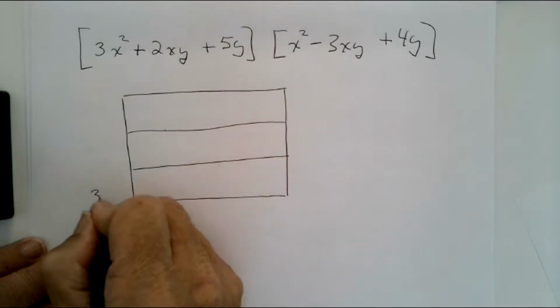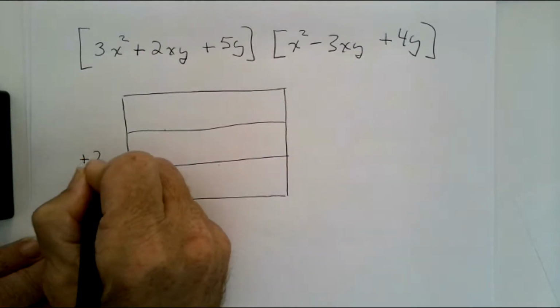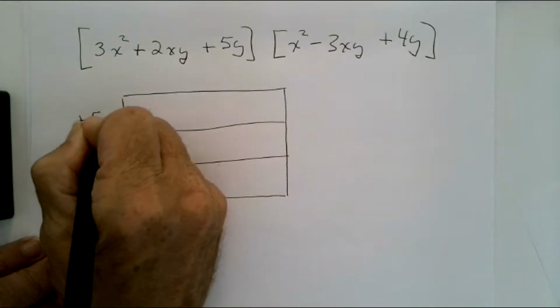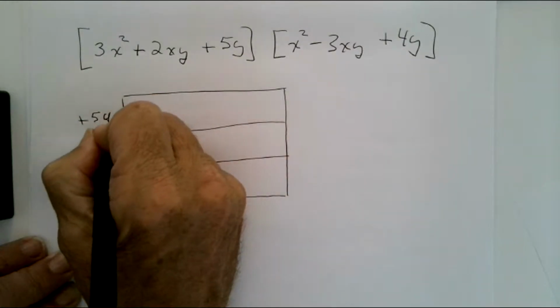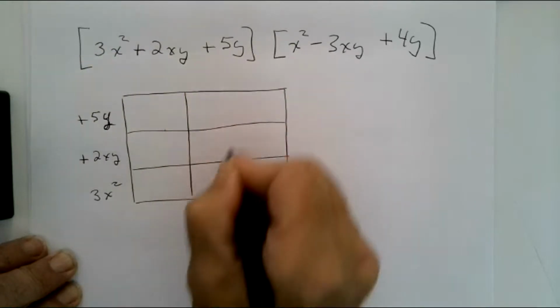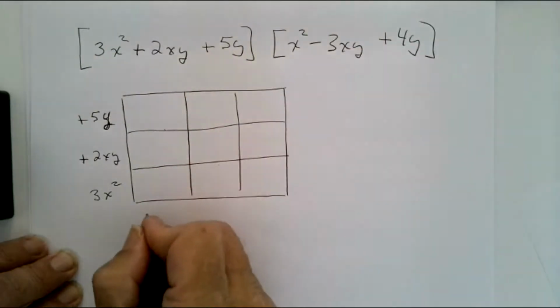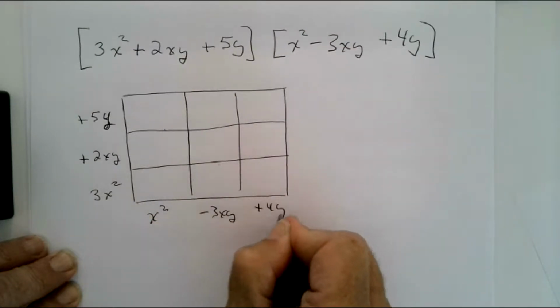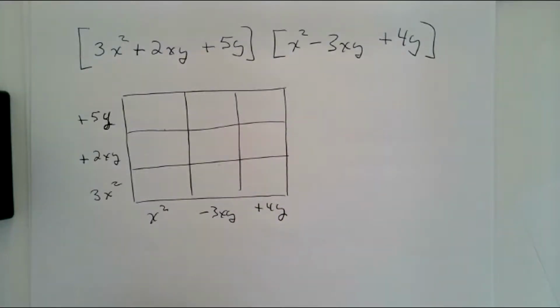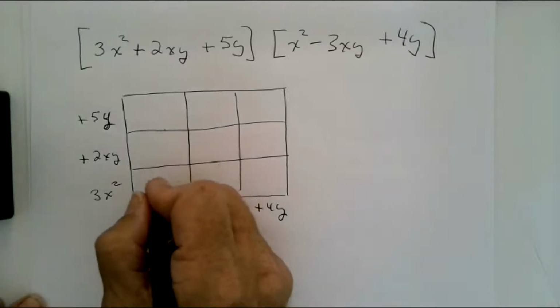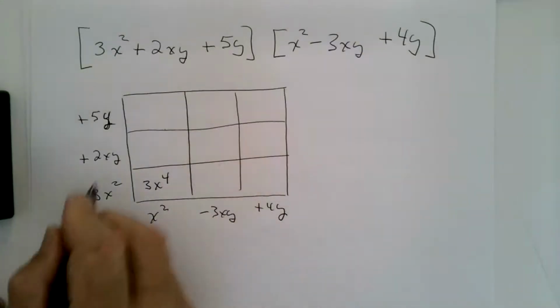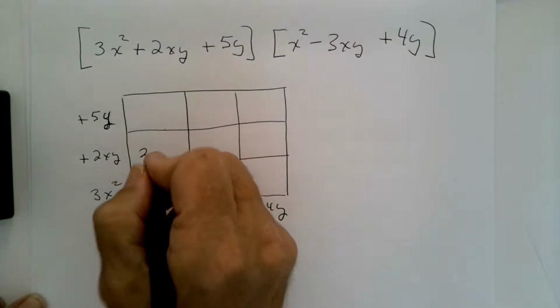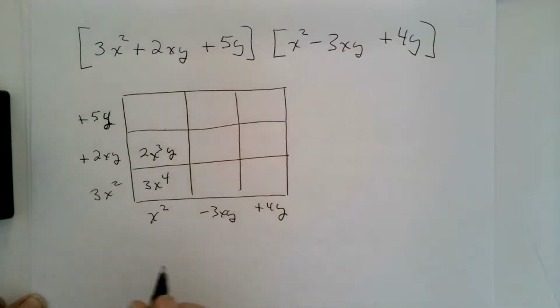So I have 3x squared plus 2xy plus 5y here. And the other one is x squared minus or plus negative 3xy plus 4y. You want to fit everything in these boxes. 3x squared times x squared, x to the fourth. This is 3x to the fourth. 2xy times x squared would be 2x cubed y. 5y times x squared is 5x squared y